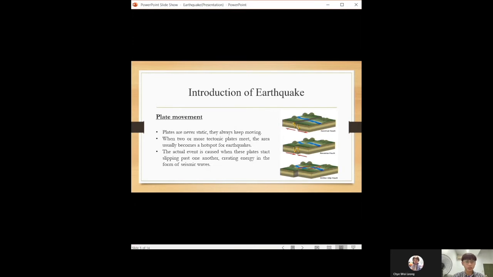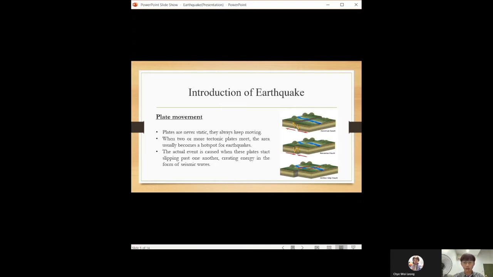This is the plate movement. These plates are never static, they are always moving. Over the years, historically, tectonic plates have merged with other plates to form even larger plates. Other tectonic plates have broken into smaller plates, and some have even been pushed under other plates. This is one of the bigger reasons why we had supercontinents in the past, and they eventually broke up into the 7 continents that we know today.